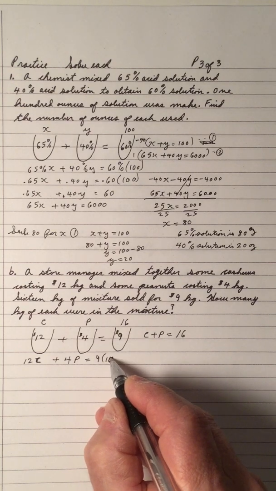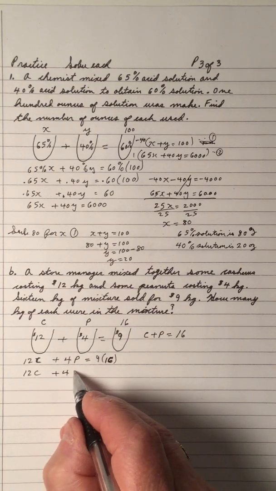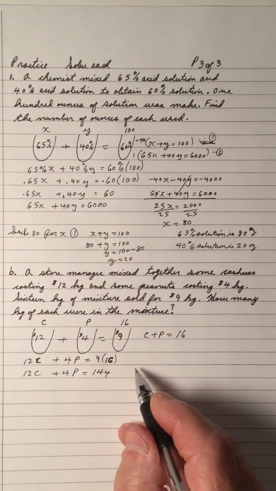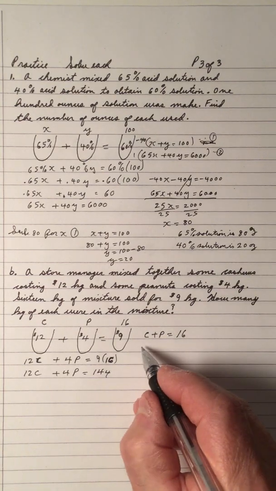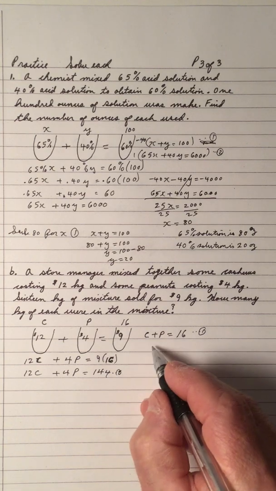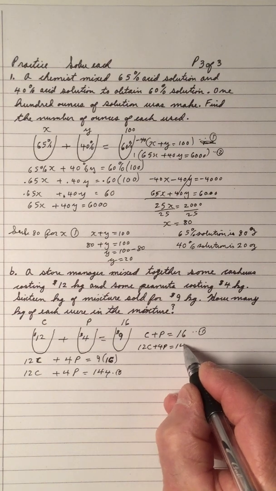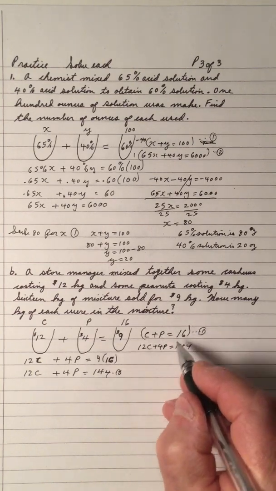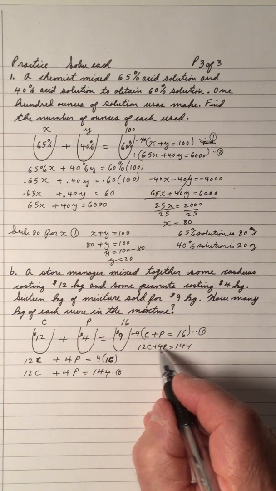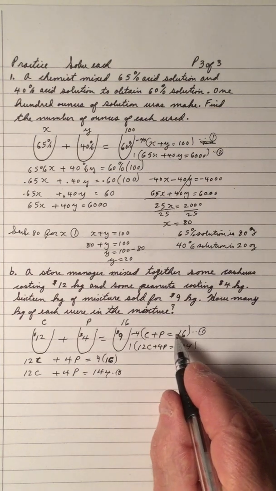But this time we don't have a percent, which is okay. So we got 12C plus 4P, and 9 times 16 is 144. No percentages, so it's a little bit easier to work with. So that's equation 1 right here. This is equation 2, so I'm going to put that down below. Put the equations below each other. And if I multiply this one, I'm going to multiply this one by -4 because I'm eliminating the P's. 4 is smaller than 12, so it's easier to multiply. So multiply by -4, I get